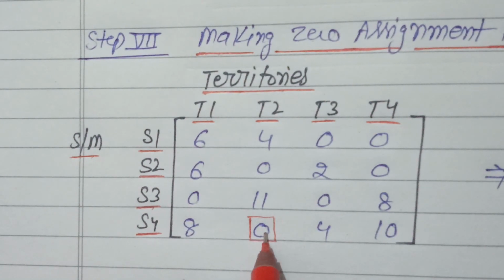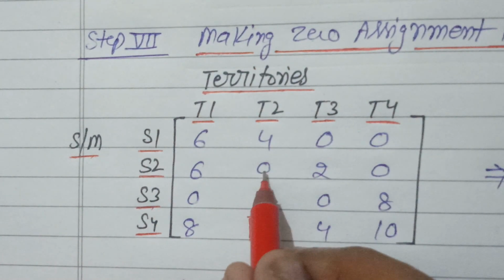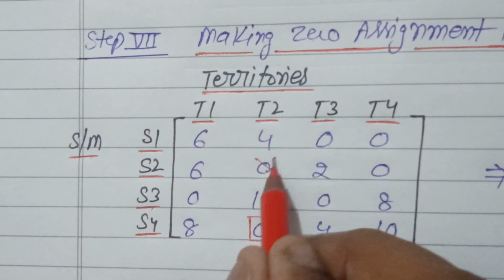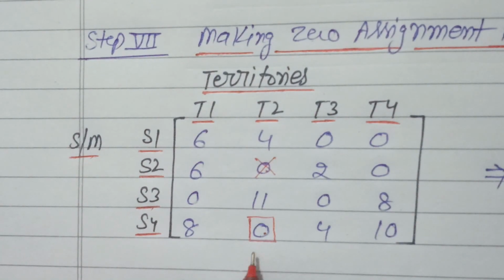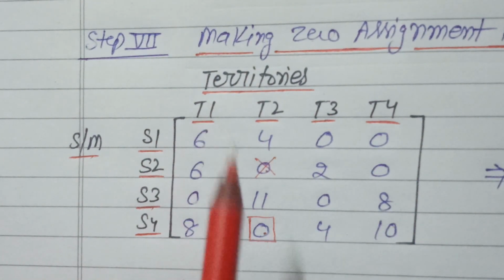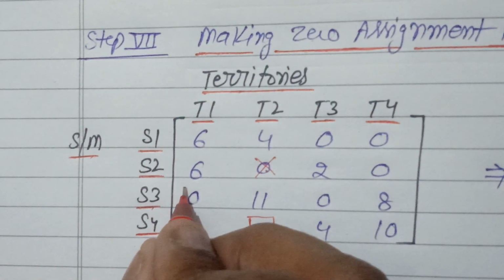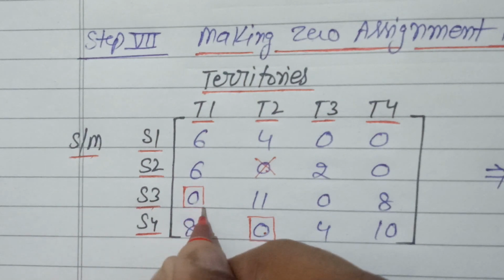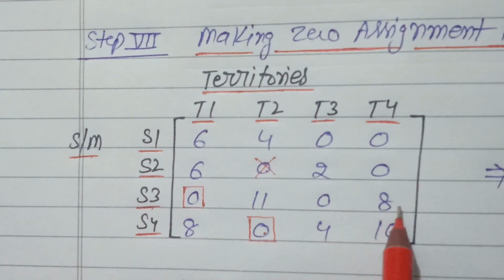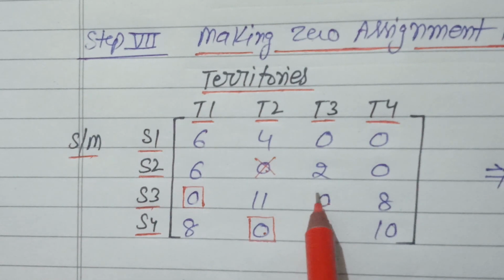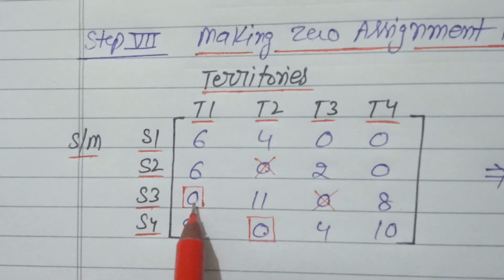After making an assignment, we have to check the corresponding column also. So we have found a 0 here, so we will cross this 0. Now again we have to check the columns. In this column you will see that there is a single 0, so we can make an assignment to this 0, and then we have to check the corresponding row. Then you will see that there is a single 0, so we have to cross this, as no more assignment can be made apart from this cell.